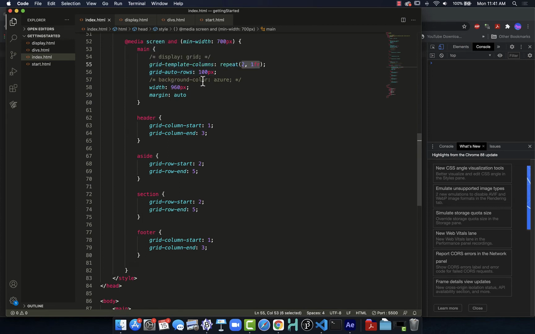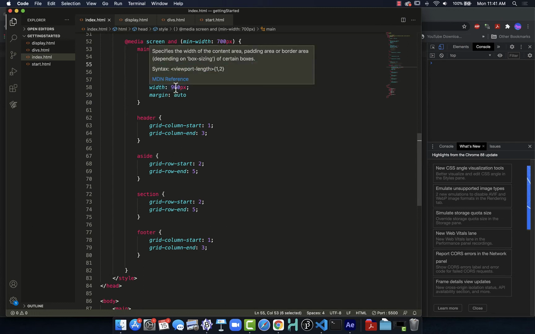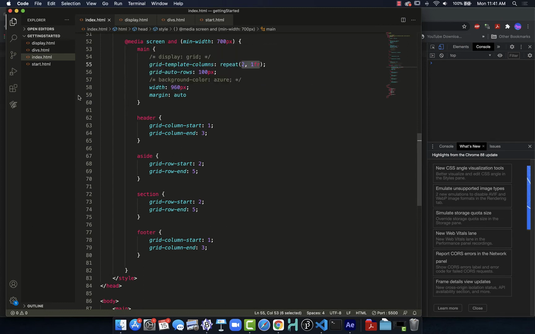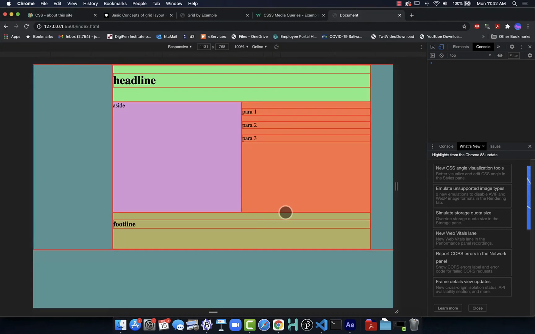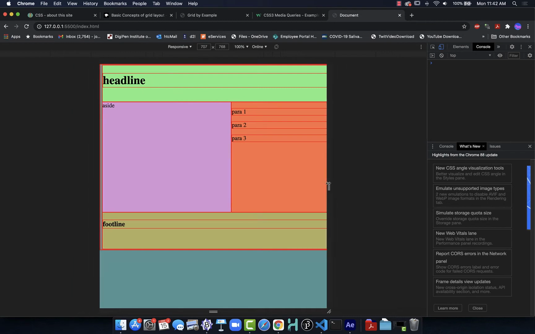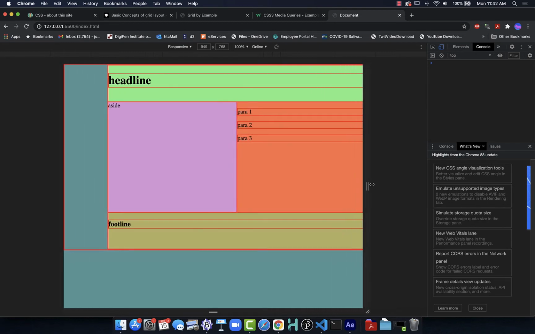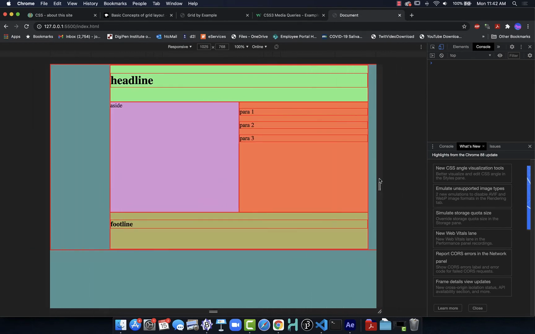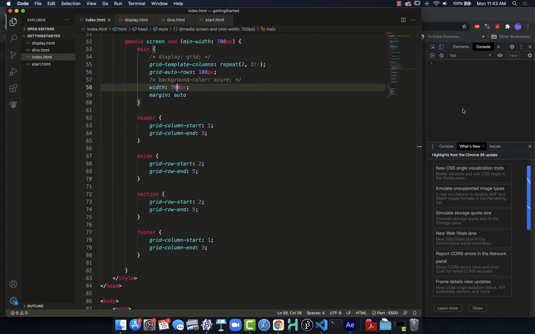I set a size, probably should change these, min width 700, 960, yeah, I probably should change that, but it's all good right now. Oh, fine. It's bothering me that it wasn't. Okay, so now we can see how our page is aligning up. So going back